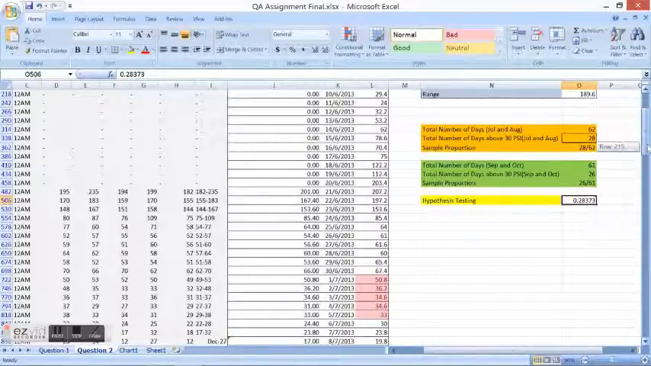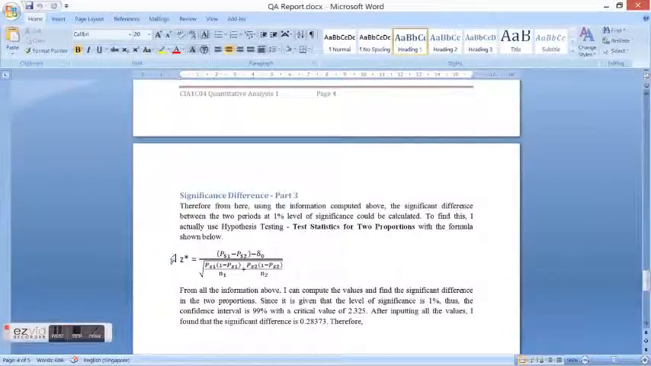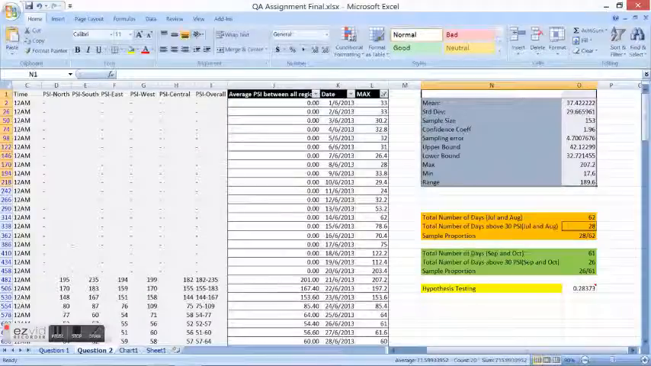From all the information here, I can compute the values and find the significant difference in the two proportions. Since it's given that the level of significance is 1%, we know that the confidence level is 99%. With this, I just divide it into two and find the critical value, which is 2.325. After inputting the values into the formula, which is this formula,